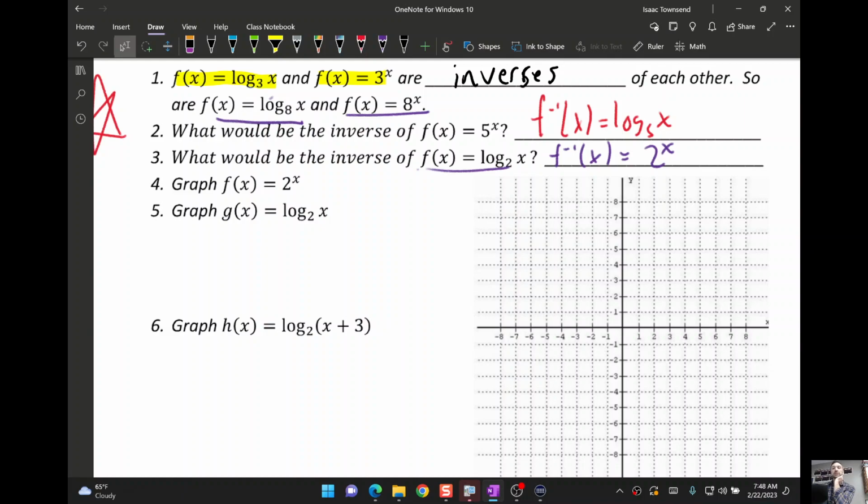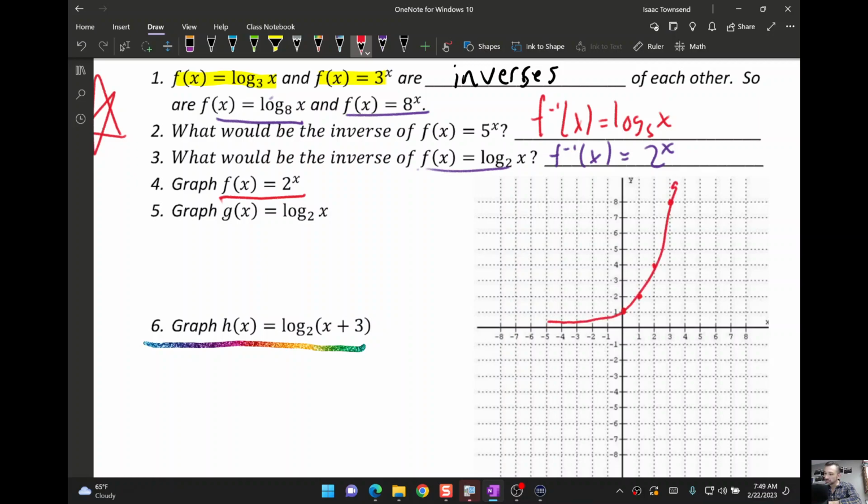But really the reason you need to know that relationship is not so that you have it memorized and you can get 1 point on a quiz and a couple points on a test. It's because it's really meant to help you graph something like question H. Without a calculator, if I asked you to graph this, I think very few people would know how to do that from Algebra 2. But imagine if we started off graphing 2 to the x, which is what we just talked about, exponential functions. So 2 to the 0, 2 to the first, 2 squared, 2 to the third,